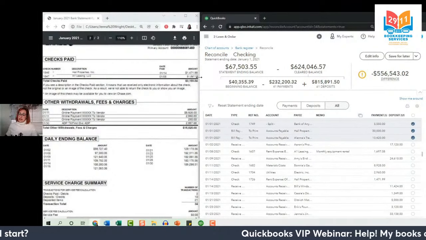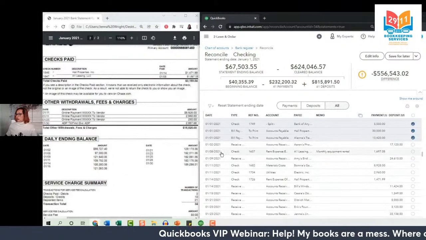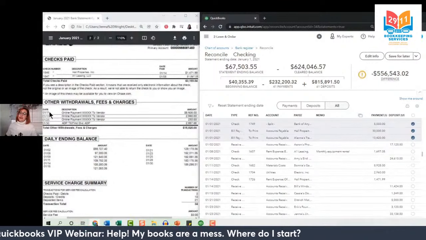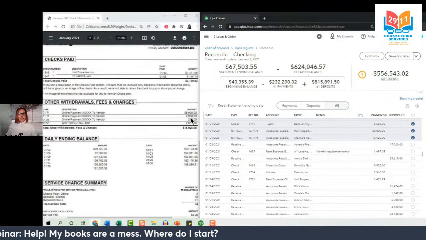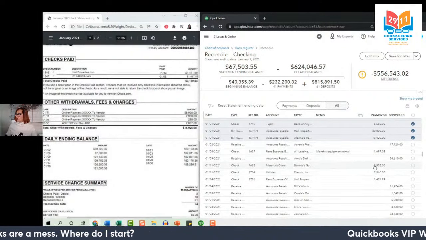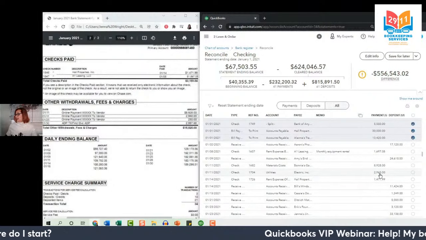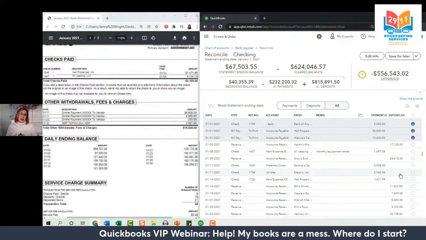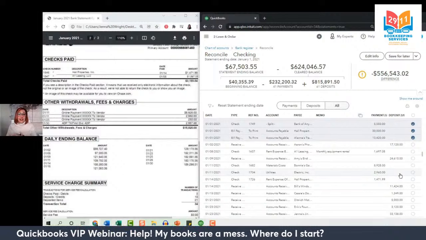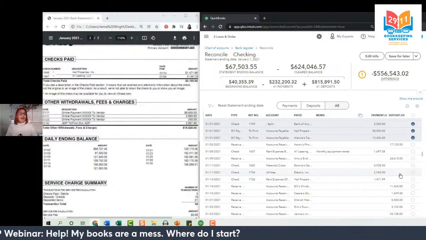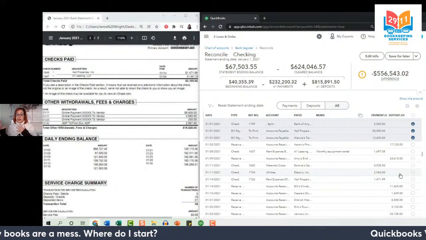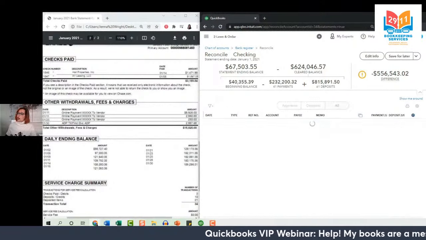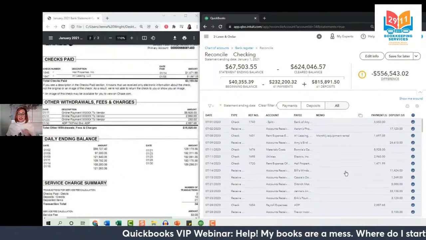Check on the 8th, 1697.05. Check on the 8th, there we go, 1697.05. Looking good. How about these two on the 11th, 8928 and 2960. 11th, 8928, 12960. Perfect. So even though this probably felt very strange, we just did our check to make sure that we are only checking off those transactions that did not appear on this statement. These transactions that are checked off all occurred before the statement.